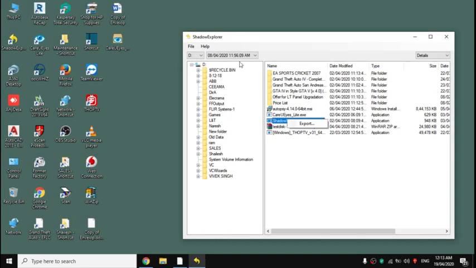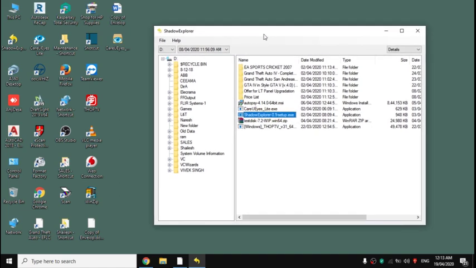Remember to select the date and time prior to the date and time on which the ransomware entered into your system. Okay. Using these simple steps, you can decrypt all the files which were encrypted by this Mado ransomware.